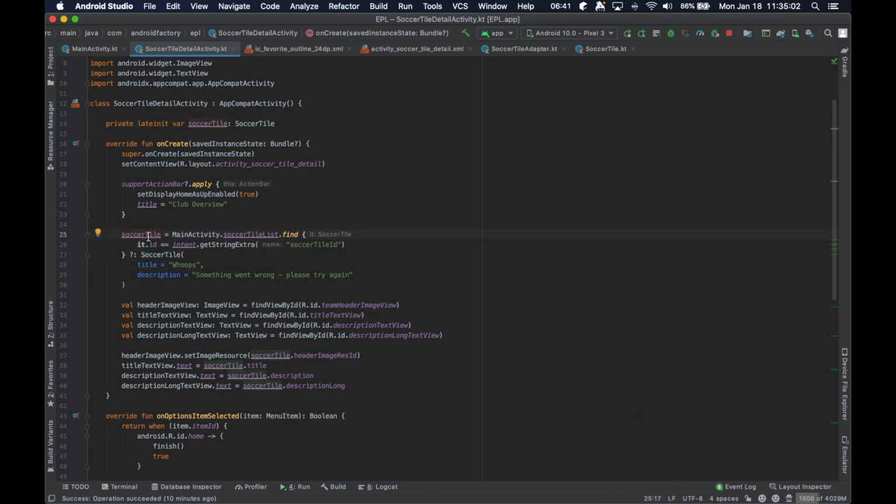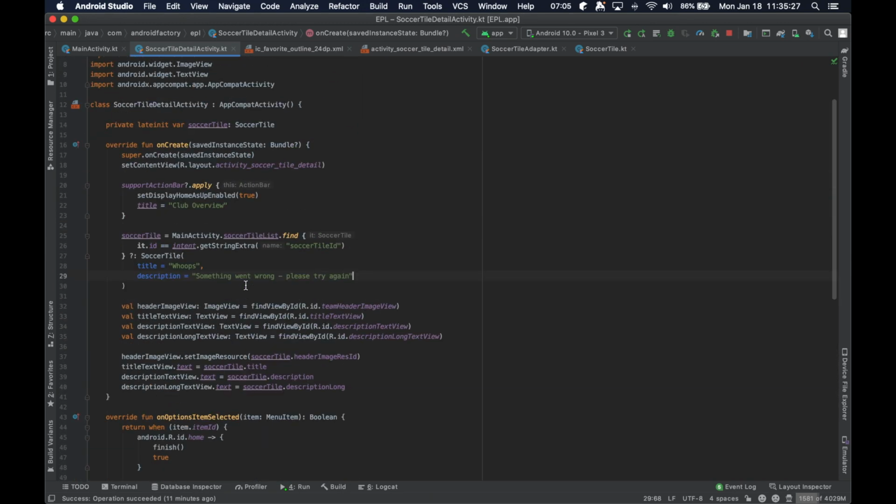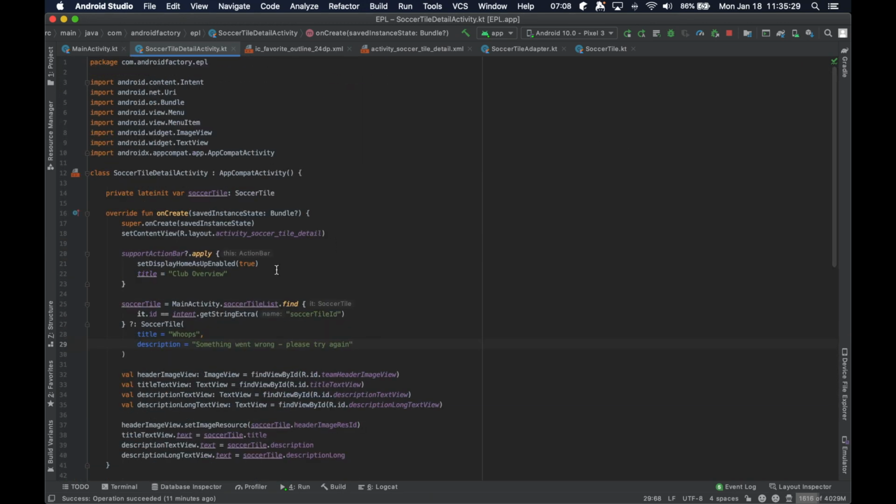It says assign the soccer tile object to whichever tile exists in the main activities list where this is true, and if that fails for whatever reason, if we don't find anybody that satisfies that condition, then we will default to this soccer tile that is just kind of our blank error state. So hopefully that makes sense. We're kind of inlining one thing here, so I'll just go ahead and say selected soccer